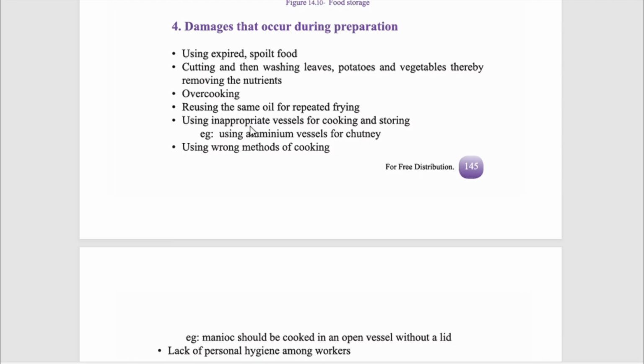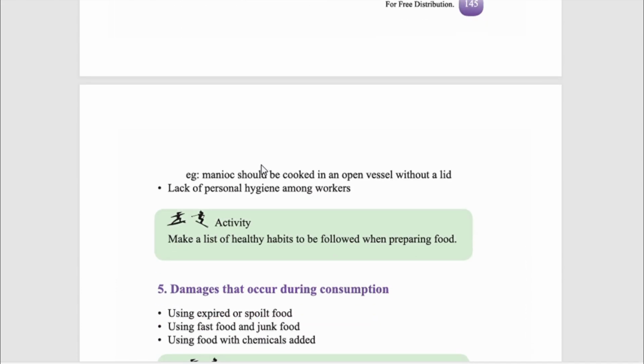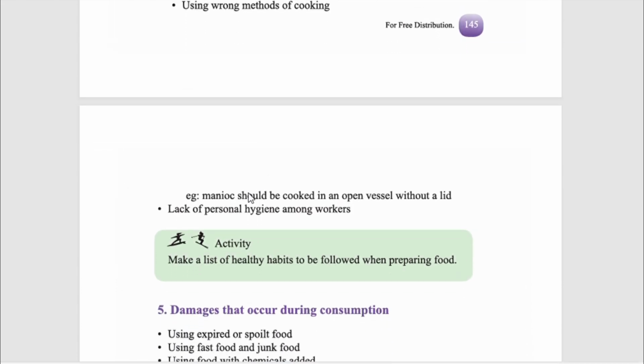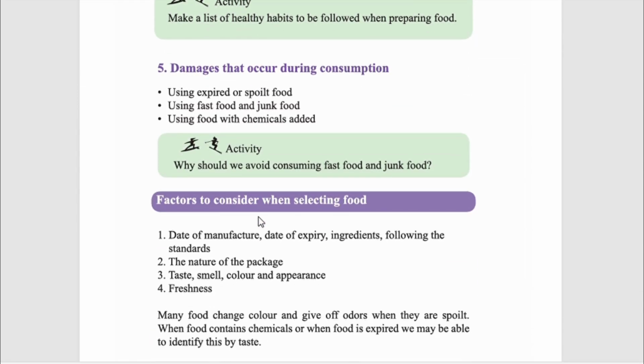Using inappropriate vessels for cooking and storing, like aluminium vessels for chutney and when we are cooking some curries, especially with lime or vinegar, we should not use aluminium vessels. Even so, we can ensure this by using a clay pot. Using wrong methods of cooking is also a problem, like manioc should be cooked in an open vessel without a lid. It is very important. Then there is lack of personal hygiene among workers, these are the things we have to pay